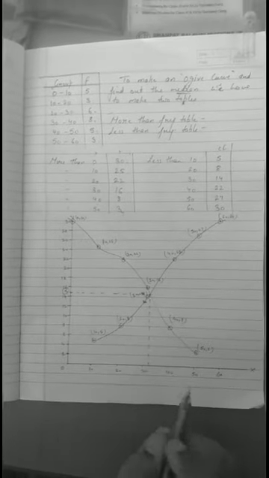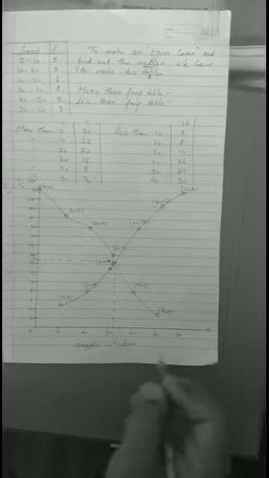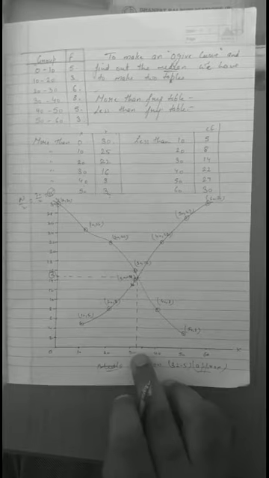So listen class, this is point number 15. So how can we draw this line? First of all find n upon 2, which is 30 upon 2, which will be 15. So first draw this line and then draw a perpendicular line to this. So this will be approximately 35, between 35. So the median will be 32.5 approx, because we don't have accurate answers.